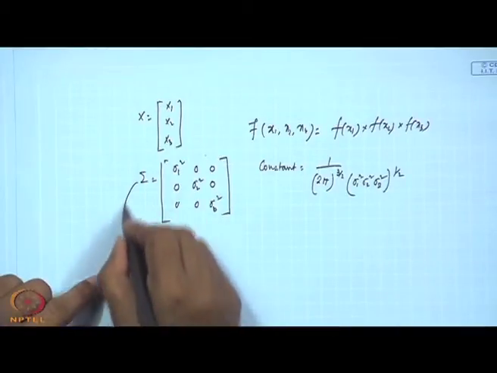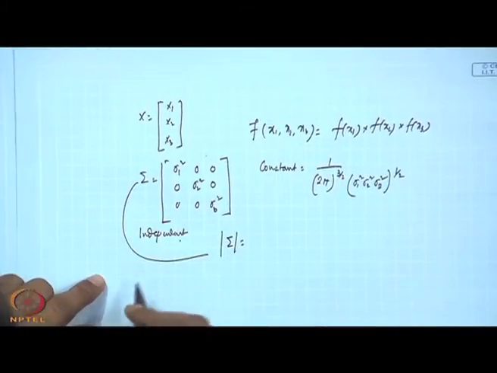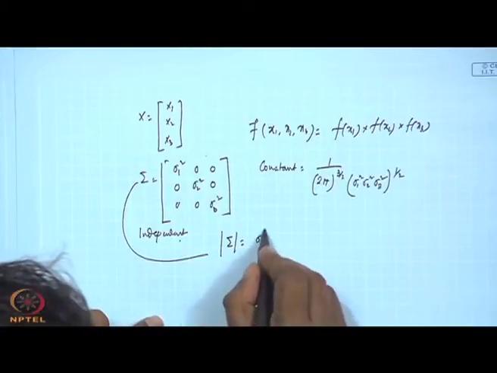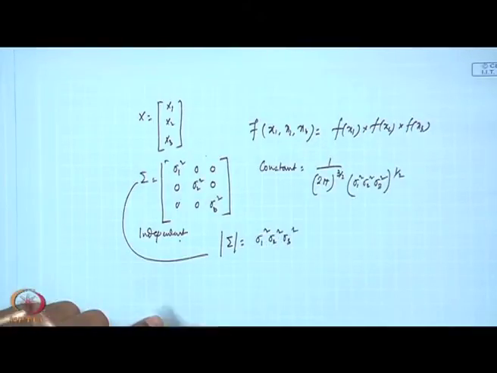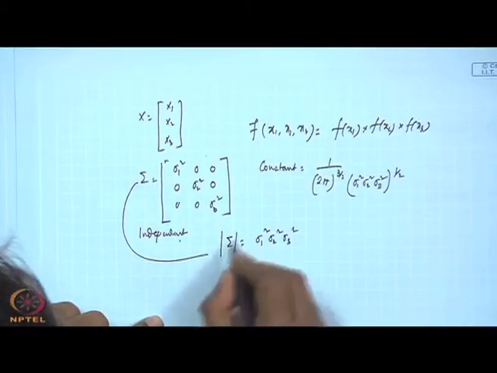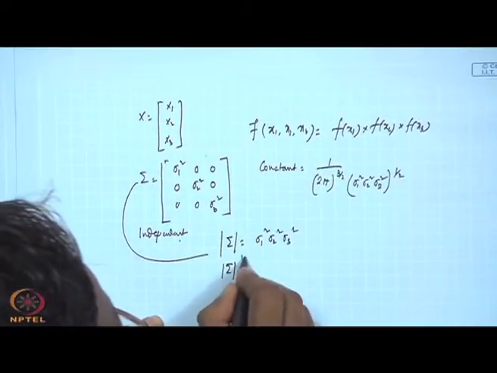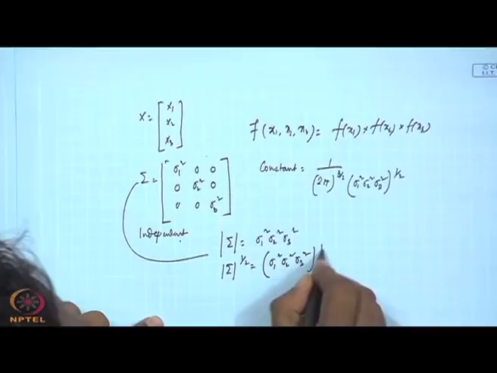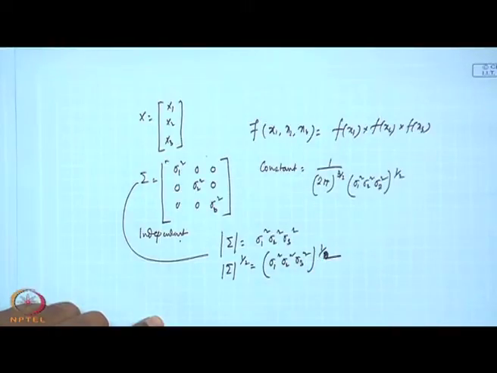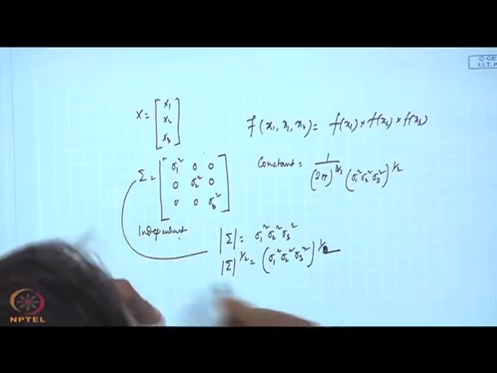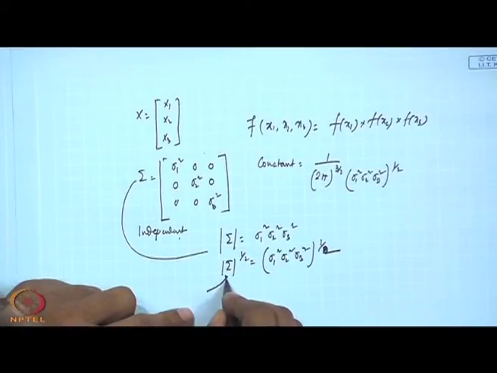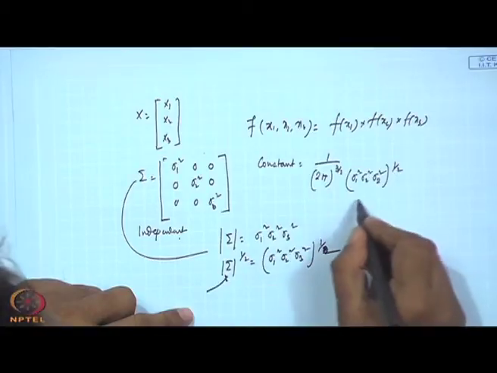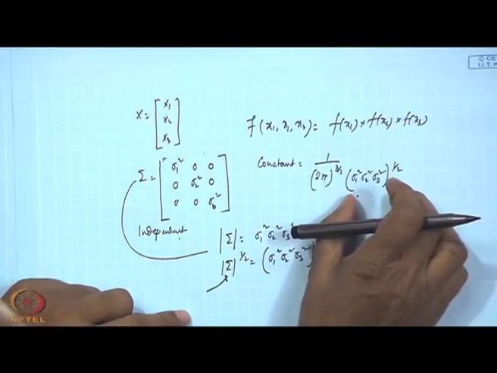You see, if you take the determinant here, what are you getting? It will be sigma 1 square, sigma 2 square, sigma 3 square. So, that means the determinant to the power half is (sigma 1 square, sigma 2 square, sigma 3 square) to the power half. So, if you now increase it to p variables, your sigma dimension will change, and sigma to the power half will take care of one part of the constant.